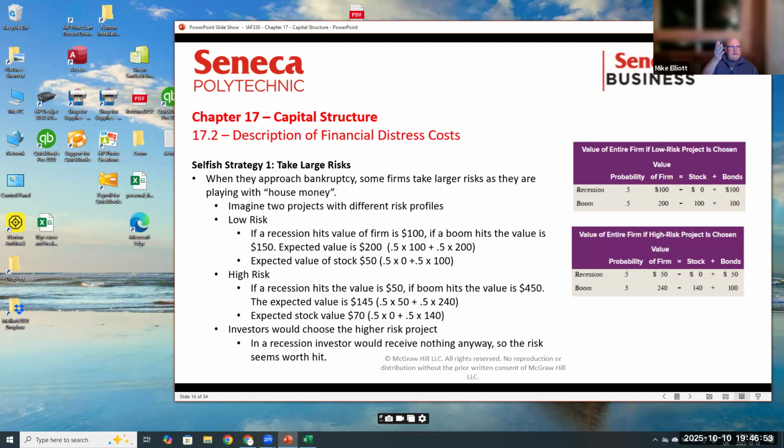So one of the associated costs with financial distress is stockholders forcing the company to take on larger risks than they naturally would, because they're acting in their own self-interest. And people will always act in their own self-interest. True altruism is very hard to find. You may think that I'm a bit of a skeptic here, and I am, but given the opportunity, very few people would say, have my money.